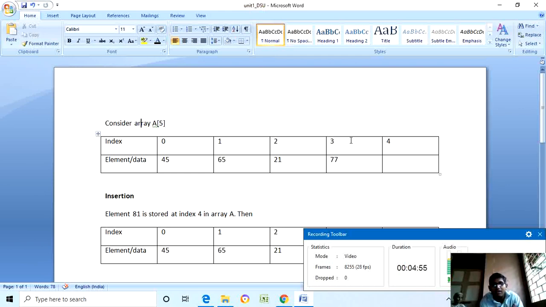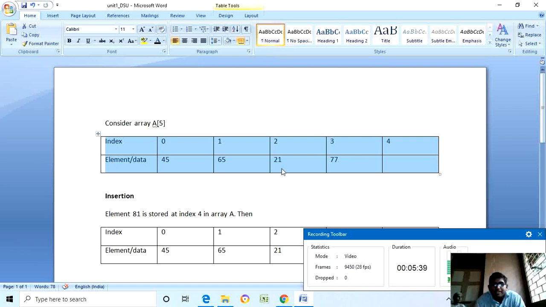So we have collected all integer values. If you note this particular representation, focus on this particular table, then you can very well identify that there are 5 locations, or 5 indices starting from 0 to 4, present in the array, but we only have 4 elements, 4 data values. So there is a term called the size and capacity of an array. We can tell what is size and what is capacity. Generally, the capacity of an array is the maximum number of data values that can be stored in an array.